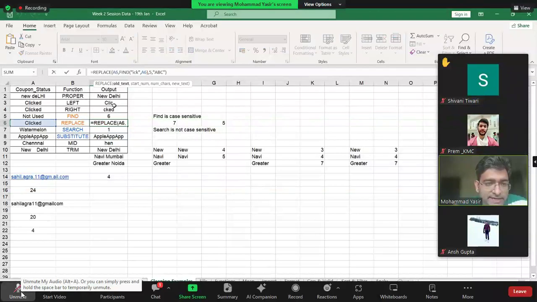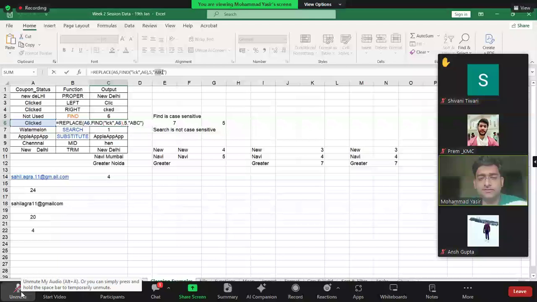It will go to A6, find the position of ICK. What is the position? Position number 3. It will replace 5 characters, ICKED, with these 3 characters.